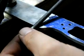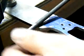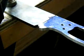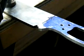Okay, and then I hold the file about like that to start out with. Then I just cut. And then I look and I watch my line. And I just keep cutting. Okay. As you can see, I've cut a little bit, but not too much. And as you can see here, if I can get this light to cooperate,